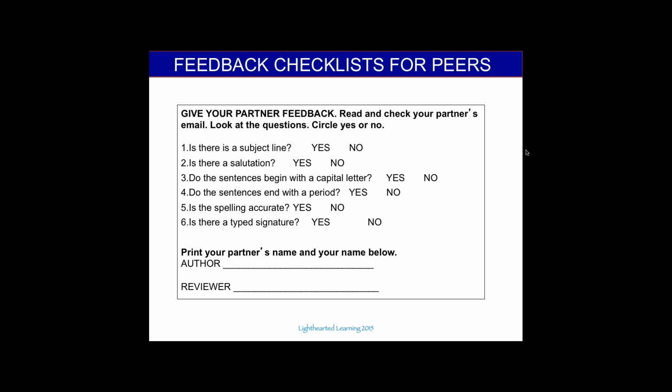I also like to add information about the content. We're not seeing that in these, but very often I have, what did you like best about what you read? In this case, because it's an email with an excuse, it's not really something where the content is going to be that exciting. So I'm not going to ask the learner to say, what was the best idea in this email? But it could be that maybe they like a particular word or a turn of phrase.